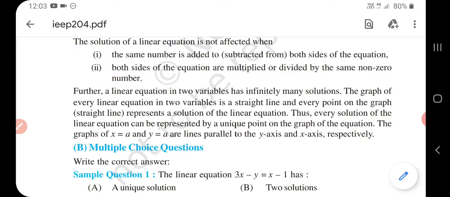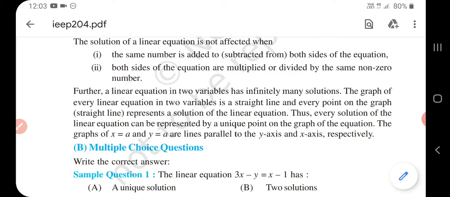Okay, repeat the step for another arbitrary value. Arbitrary value means you can take any value. First take x equal to 1, then x equal to 0, and you will get different values of y. Repeat this step and find different values of x and y. For convenience we put x equal to 0 and get the corresponding value of y to find one pair of solution. Also we put y equal to 0 and get the corresponding value of x to find a second pair of solution. So this way we find the solution of the equation.